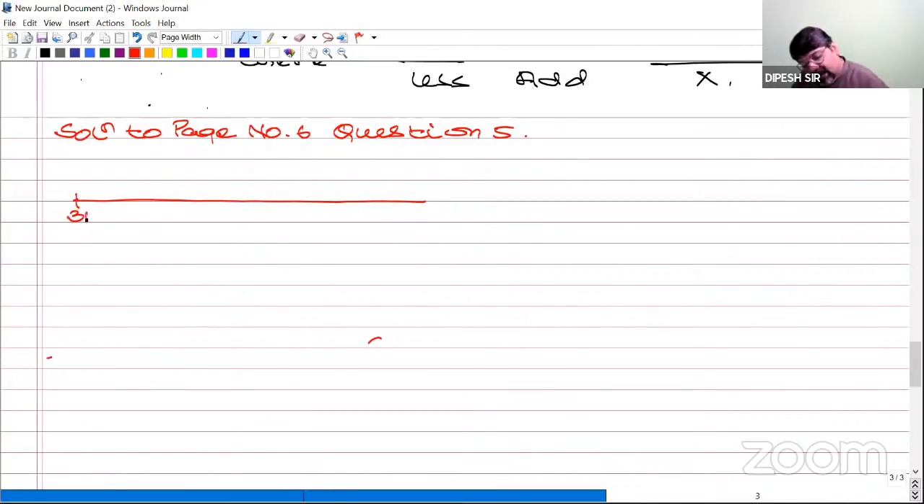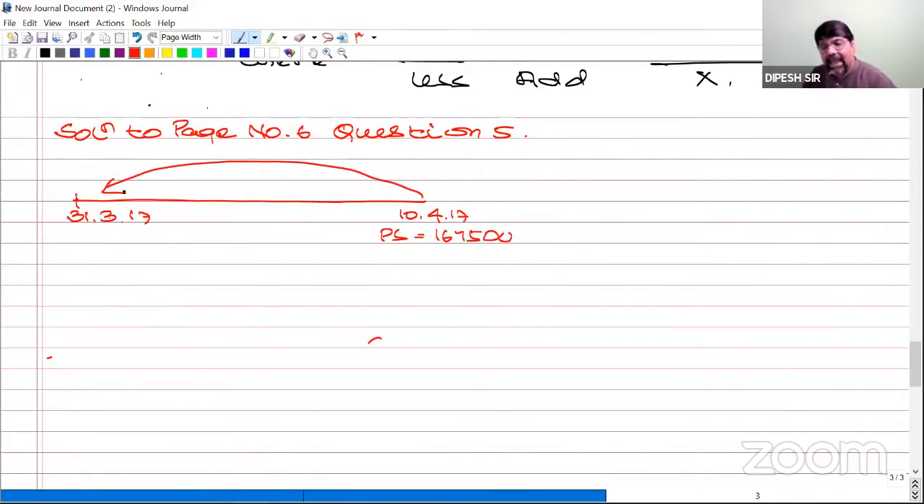This is 31st of March 17. This is 10th of April 17. On this date, physical stock was how much? 1,67,500. We are moving from year to year. Remember this arrow very nicely because we are supposed to calculate book value of stock as on 31st of March. Now,